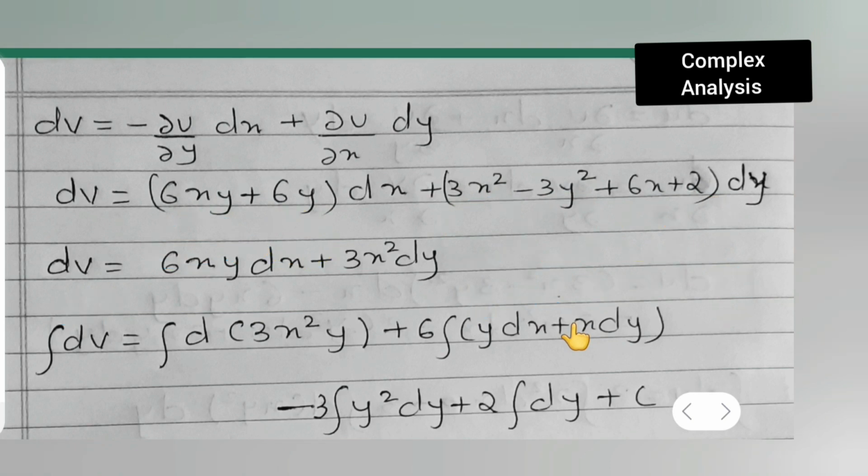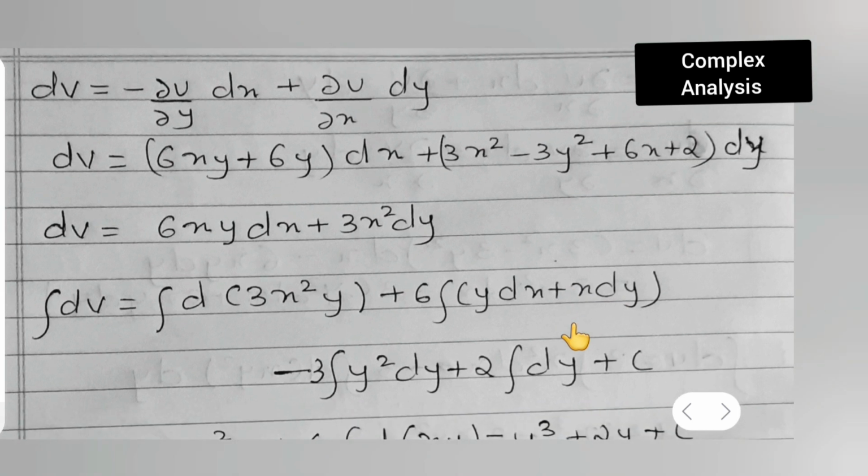That is this and this, I have told you all about it, okay? So let me rub it. So what it was, this and this, right? So minus 3 integrate y square dy plus this 2 integrate this dy plus c, okay? So this part is clear to you all. Then what I have done over here,